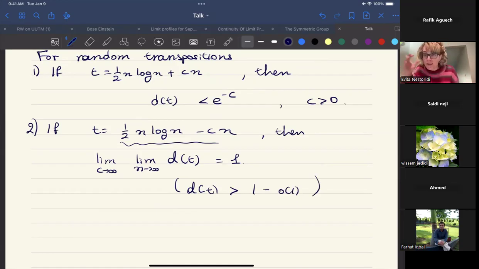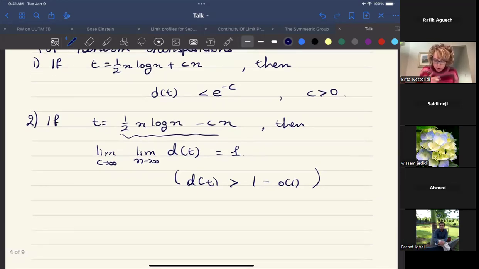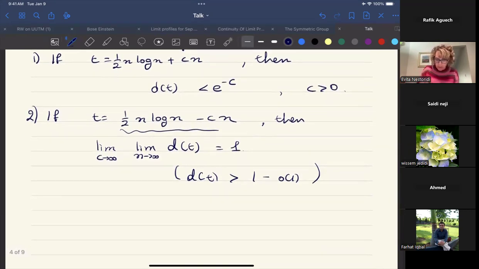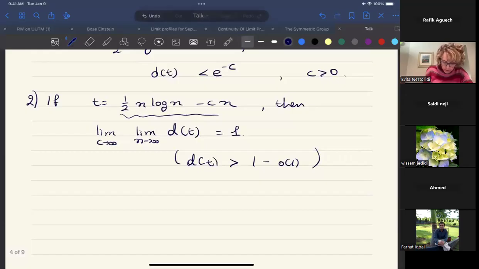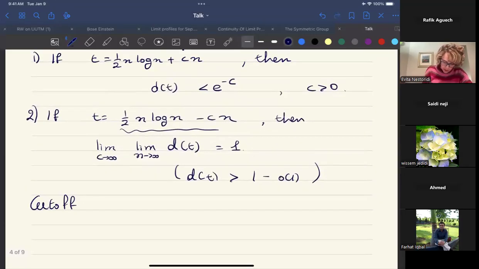They have a precise inequality. I don't bother to remember this because this isn't the important part of the talk. What is the important part of the talk is, first of all, this notion of cutoff. So what their theorem describes here is the following picture, that if you plot the total variation distance with respect to time,